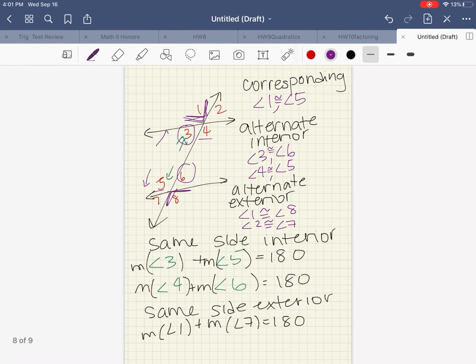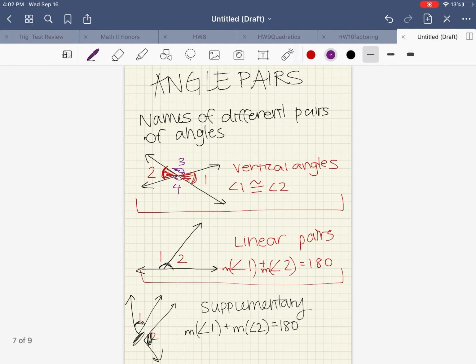So again, I'll go back to the other page. Just pause the video and make sure you know what each of these mean: corresponding, alternate interior, alternate exterior, same side interior, and same side exterior. Pause the video there. And also what vertical angles, linear pairs, and supplementary angles are. So hopefully that helps introduce you to what angle pairs are, what parallel lines are, and helps you with your